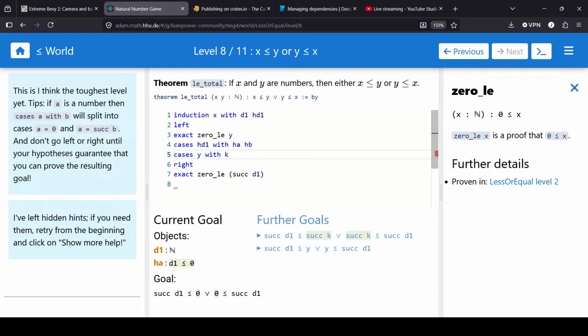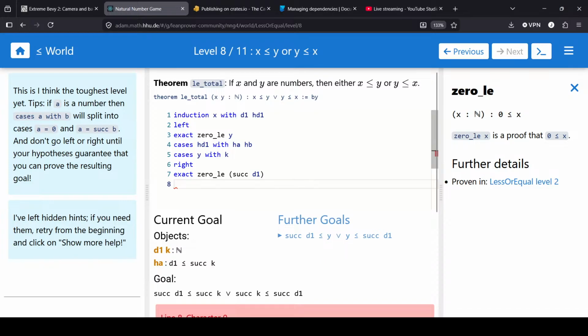So this is more like just K. Oh, okay, I see. Got it. And then I can do the left side of this one. And then I can apply